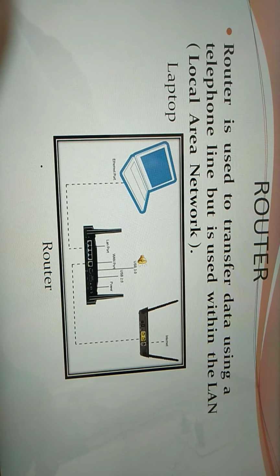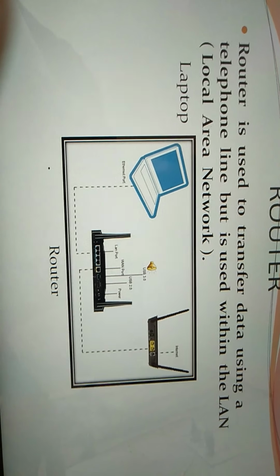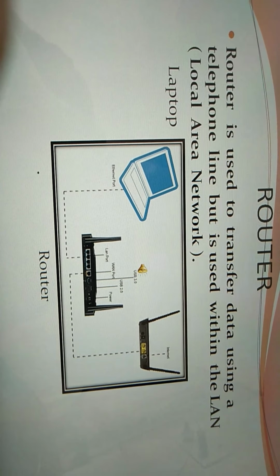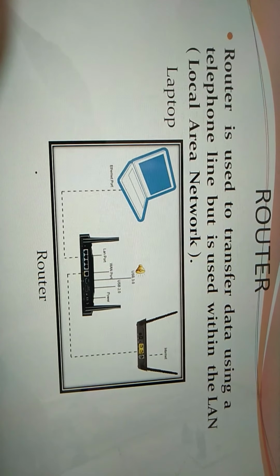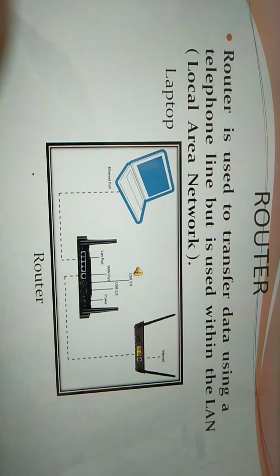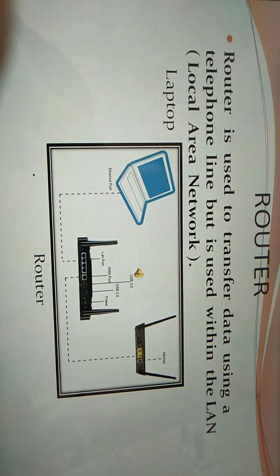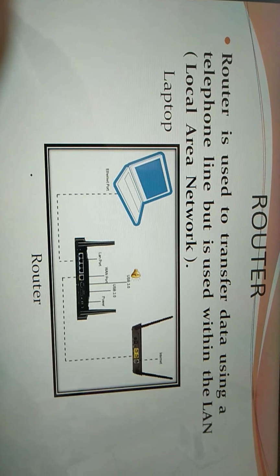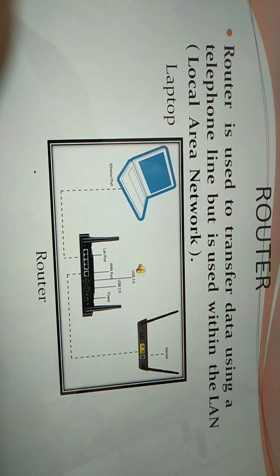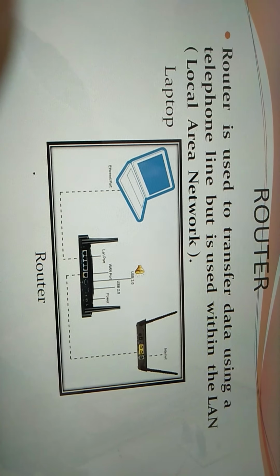You need a telephone line connection, it may be MTNL, it can be your Tata telephone line, any telephone line, but this router can only connect to you in a local area network within a very small vicinity of area, maybe just a building society within the premises of a building, or within your home, or in your school computer lab. So what is a router? If you see the diagram, children, there is a laptop. It is connecting to the router. The center one is the router. This router is dialing the number and connecting you to the router of the internet.